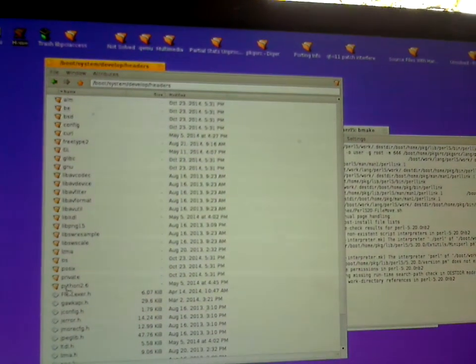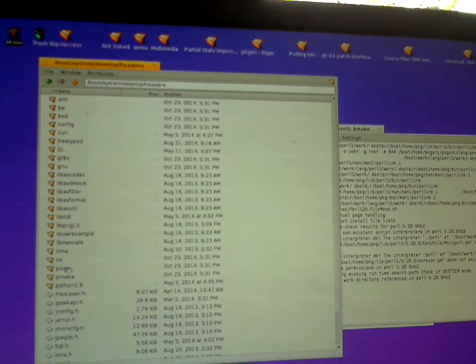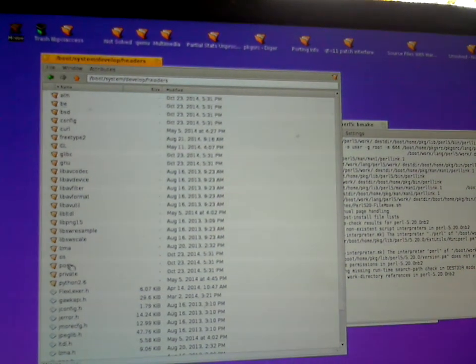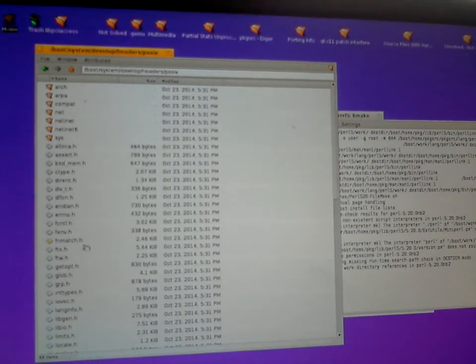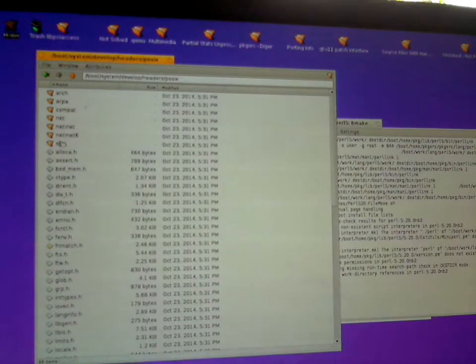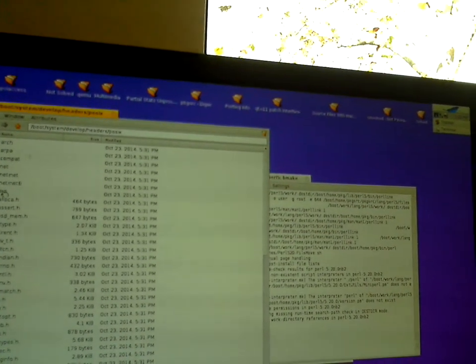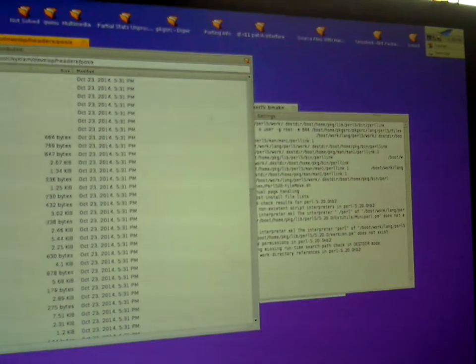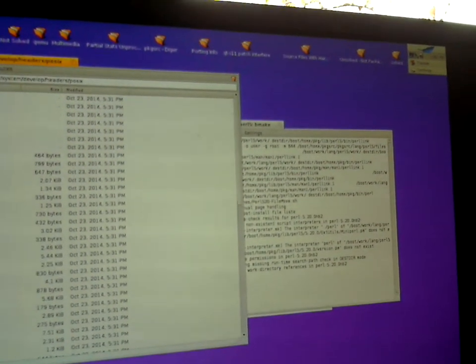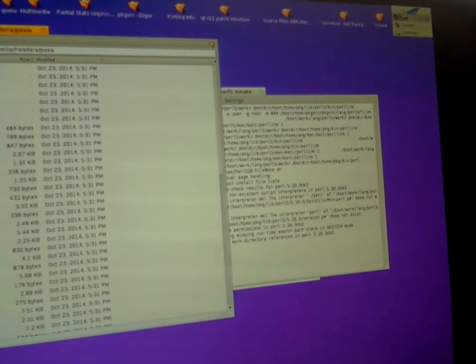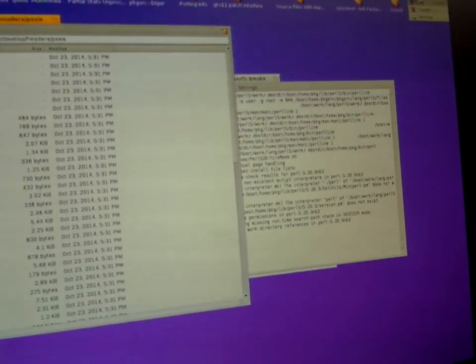And what they are is they're headers that point to other headers. Sometimes a program will be looking for a header in sys, for example, and it's actually here, and there's more than one, so it doesn't make sense to